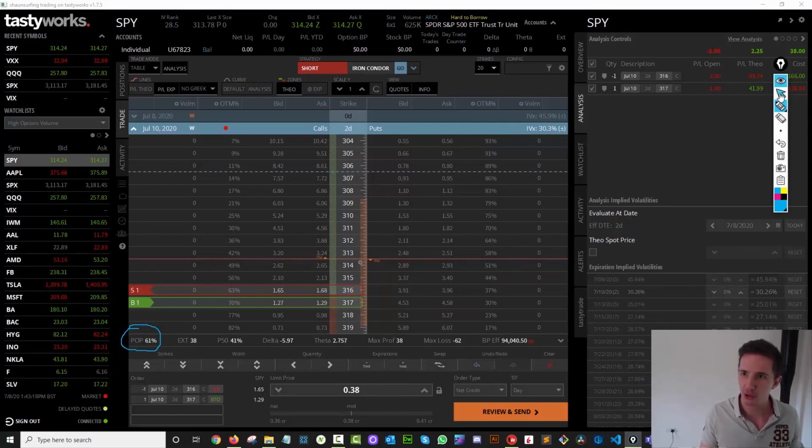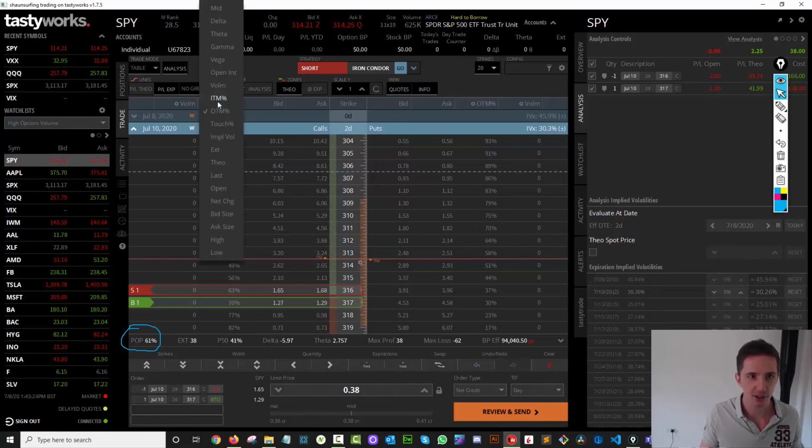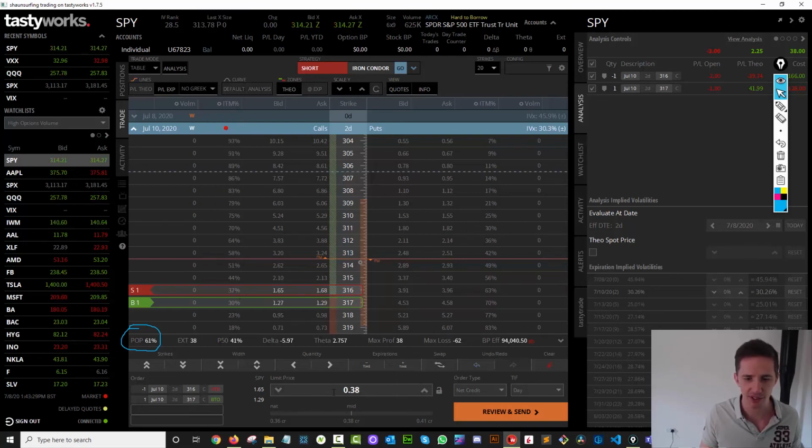So what I need to make sure of is that if I take the spread, i.e. $1, and I multiply it by, let's go back to percentage in the money, and I multiply it by 37%, I need to at least be getting that price in. So 1, which is the difference in the spread. If this was 5, I would take 5. Multiplied by that 37% is the credit I want to be taking.